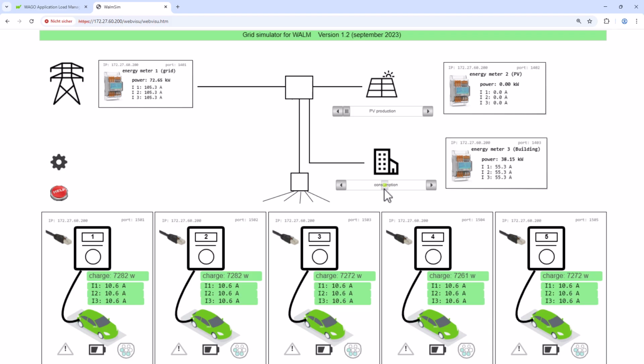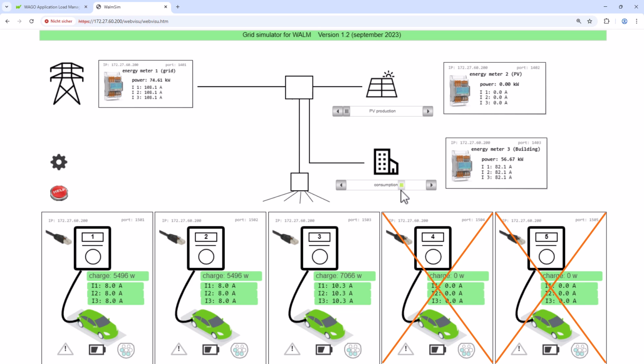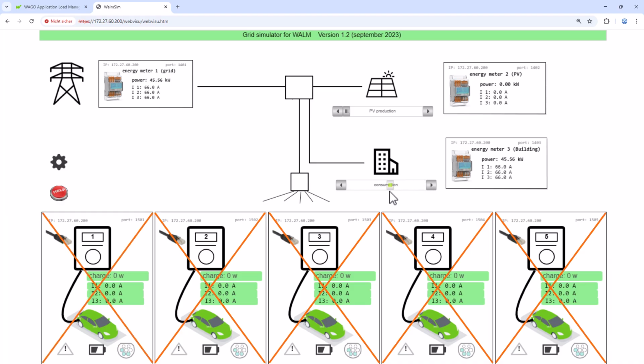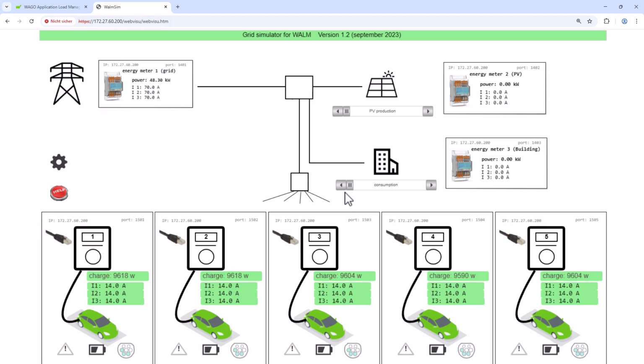We slowly increase building consumption, reducing the charging current at all points to 8 amps, causing charging points to disconnect one by one. When reducing building consumption again, vehicles resume charging, albeit only after the set charging pause of 30 seconds lapses. Increase building consumption back to 50 amps, and following regulation guidelines in the WAGO Load Manager, the charging current stabilizes